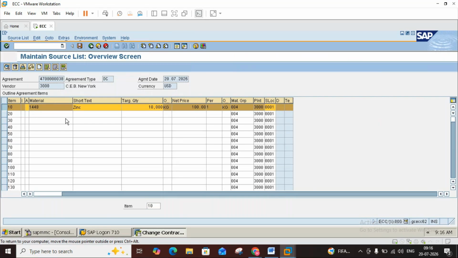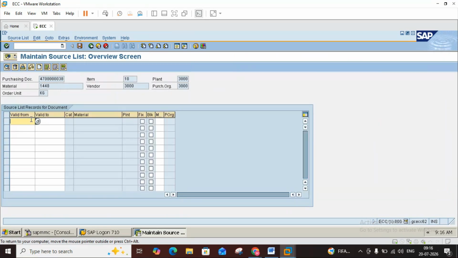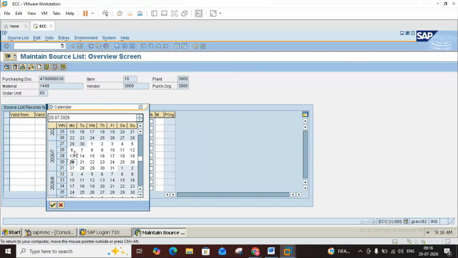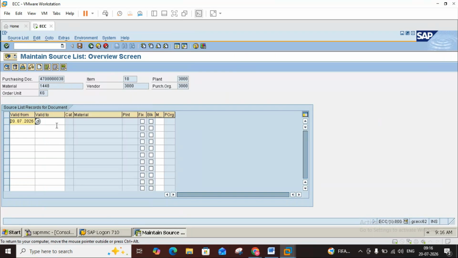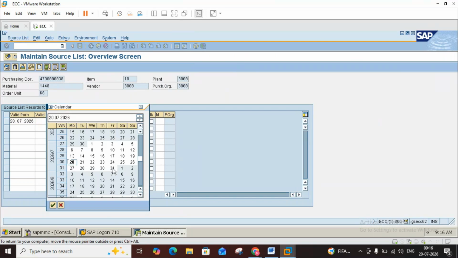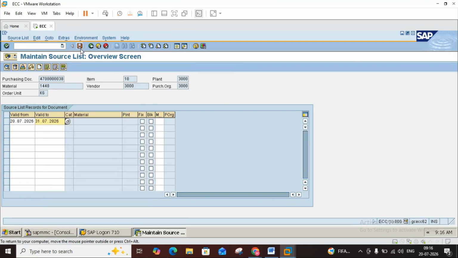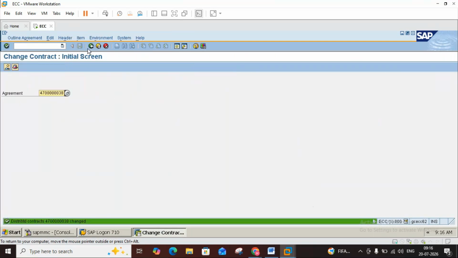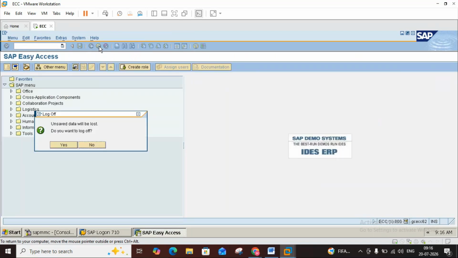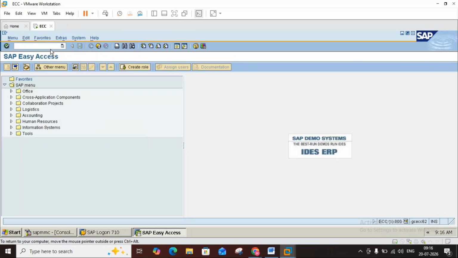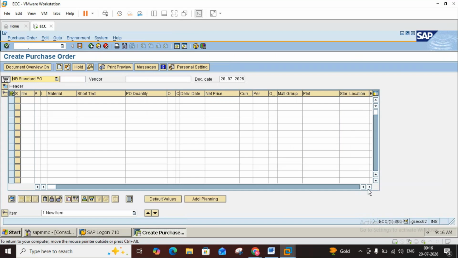Maintain source list. Okay, valid from today's date, and I can give valid to 1 year or whatever it is. Save it. So go now to ME21N centrally agreed contract. So go here,